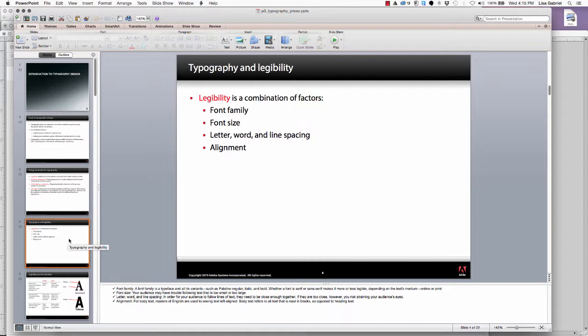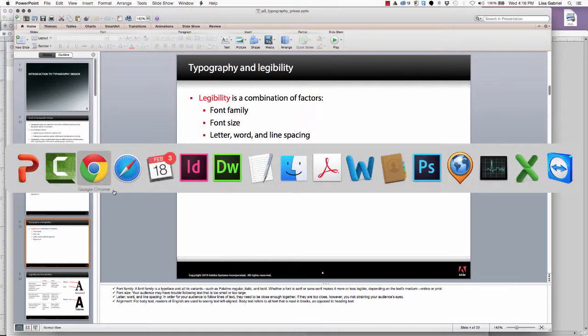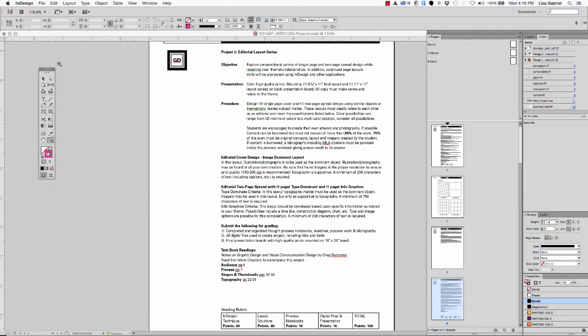As I mentioned, the legibility factor again comes into play, and what are some tools that can help you use or apply legibility to working with text? One of them is a font family. And if I can jump in here, I think I have an InDesign document open here. A font family is